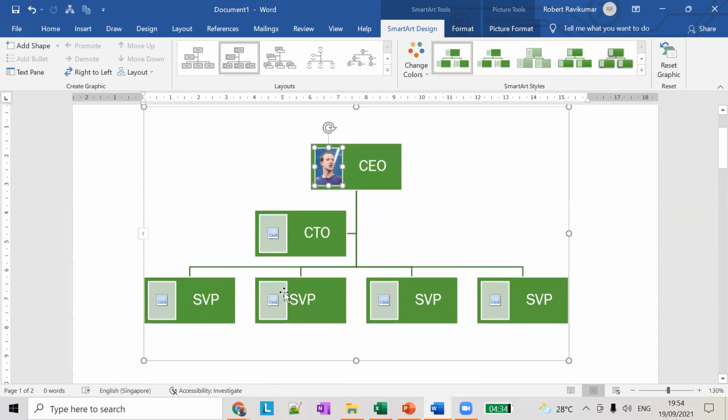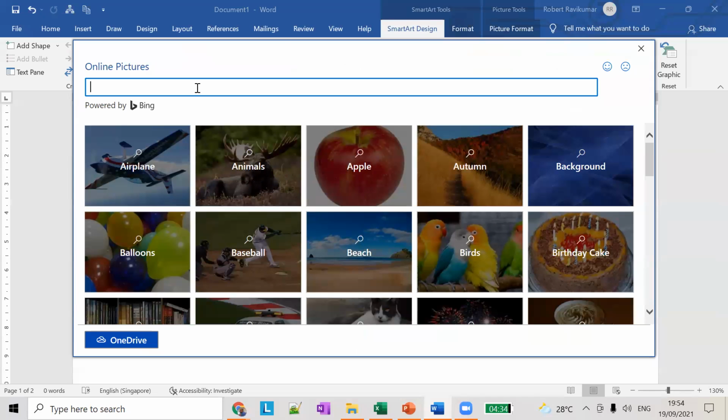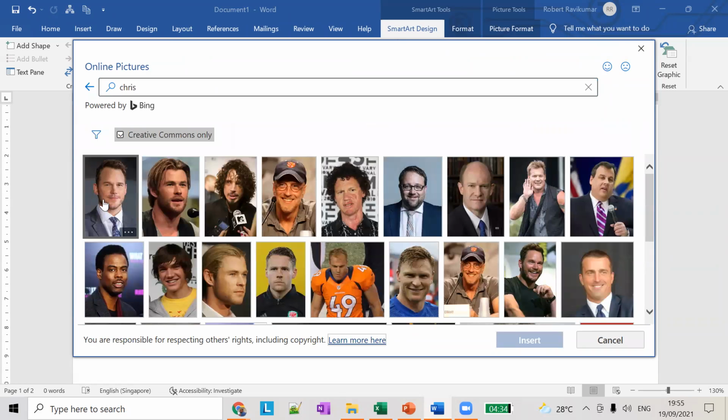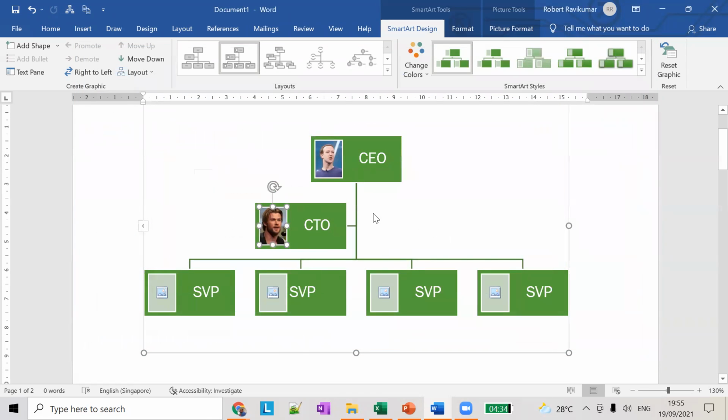Okay, so if you want to add someone else's picture, similar to that, you can add different smart art graphics also here. So in smart art design, we can edit the layouts of a particular type of smart art.